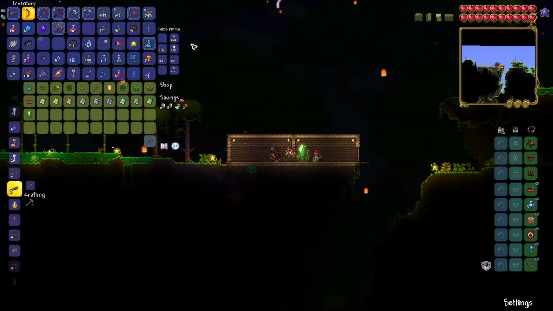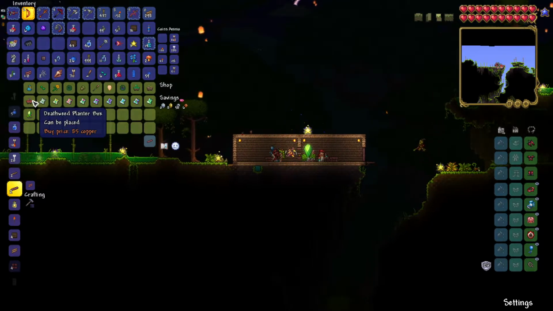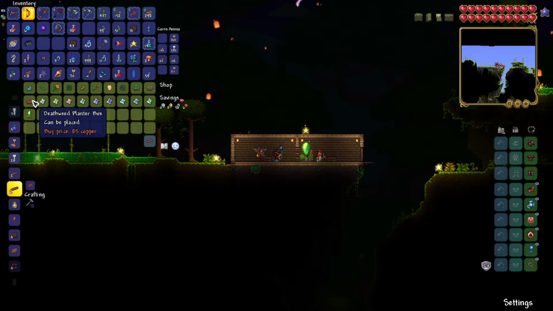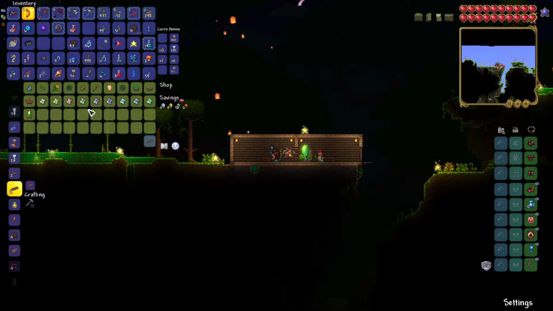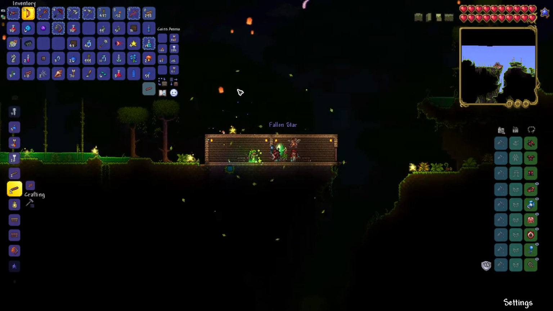If we have a look at the Dryad as well, we can now buy the Daybloom, the Blink Root, and the Deathweed planter boxes. I think it is... I can't remember... I'm pretty sure you get the Moonglow planter box by killing the Queen Bee, and then you get the Shiverthorn by killing Skeletron, and then obviously the Fire Blossom when you go ahead and take out...